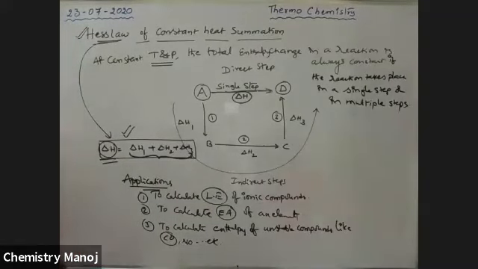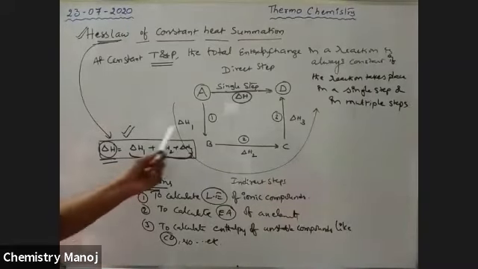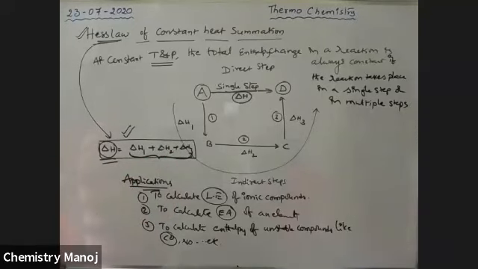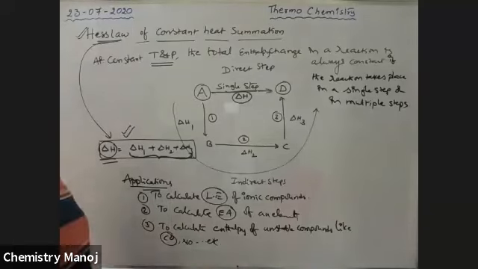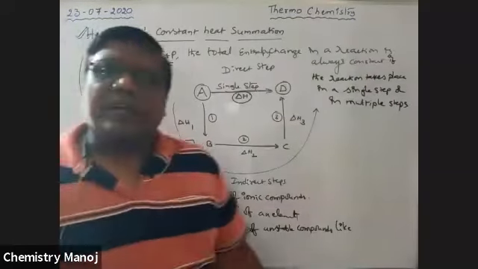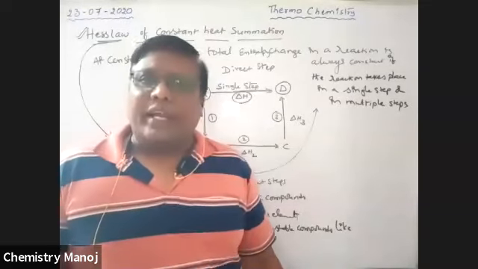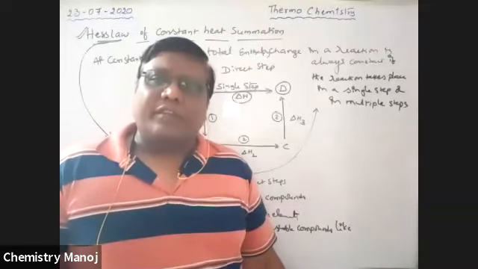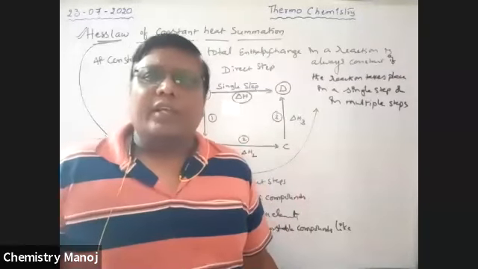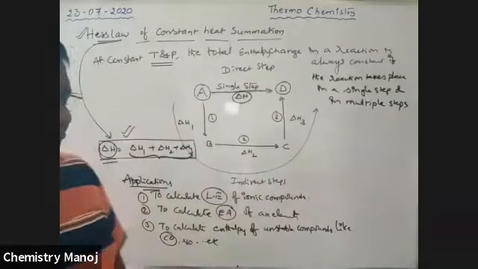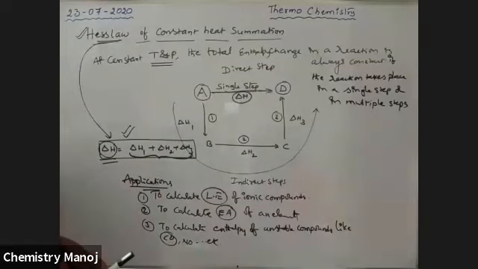These are reaction intermediates, my boys. So these are very, very unstable. These unstable compounds' enthalpies are calculated with the help of this Hess law of constant heat summation. In our syllabus, there is lattice energy calculation for NaCl. Now our topic is calculation of lattice energy for the NaCl compound by using this Hess law. That is the most important application of Hess law of constant heat summation.